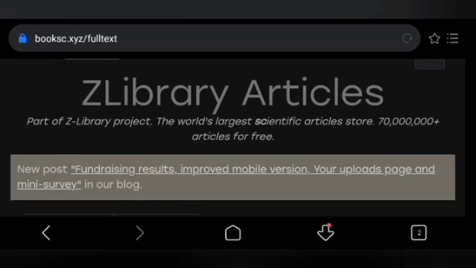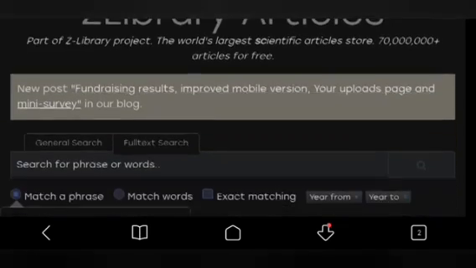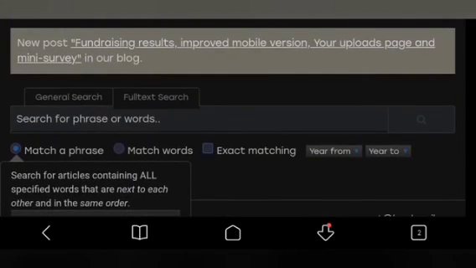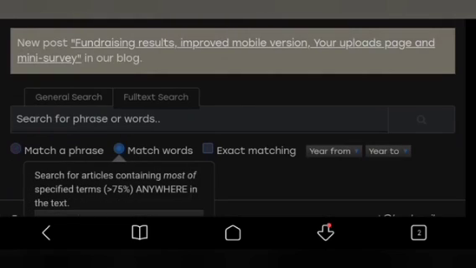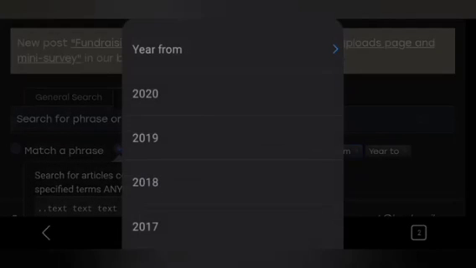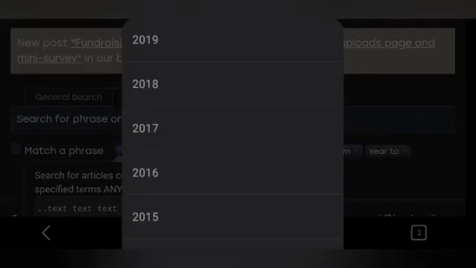You can download any kind of books you are interested in, or any kind of research articles, whether it's a paid journal or unpaid journal, then you can download easily. As you can see, there will be a lot of options on this site.